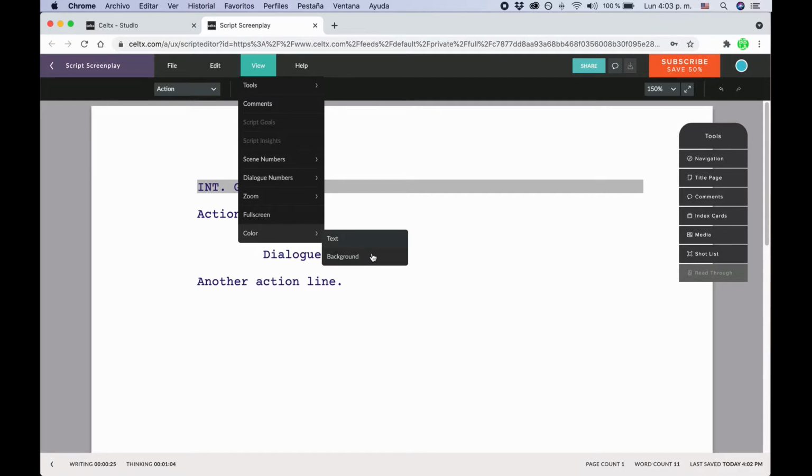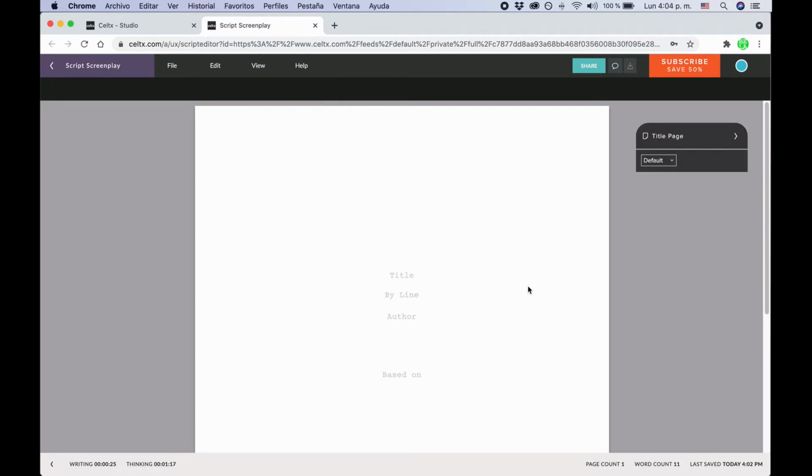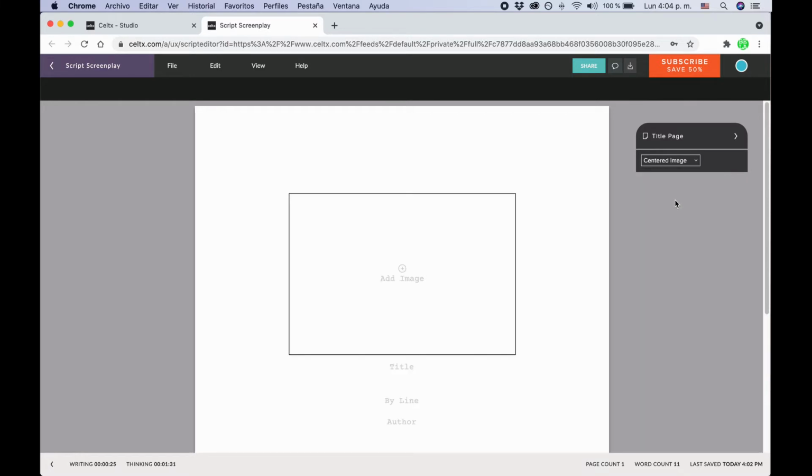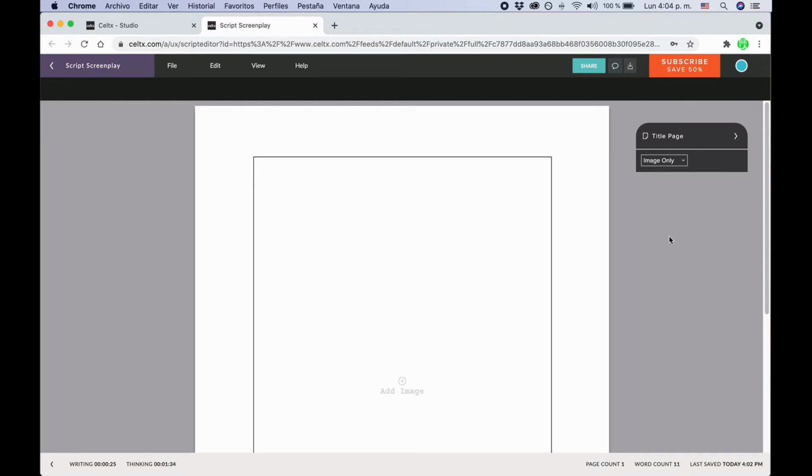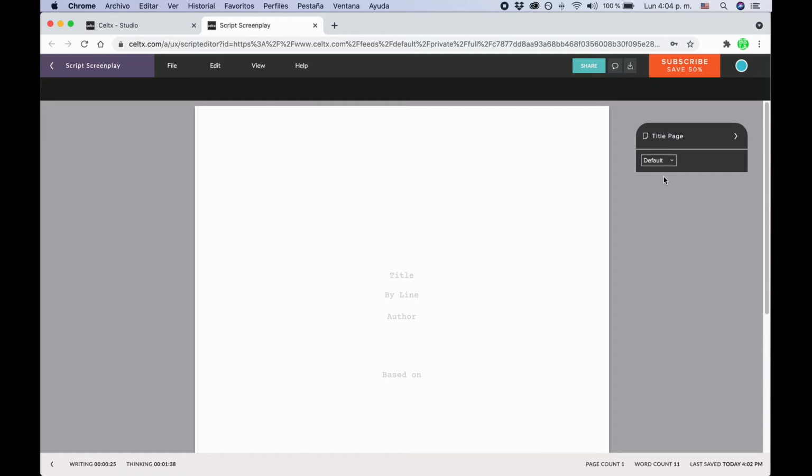You also have a title page if you go to Edit, Title Page, or click on Title Page in the Tools window on the right side. This title page is not fully customizable. What you get is 3 different templates that you can use. One with text only, one with image and text, and one with only one big image. While the text version of the title page might work for most screenplays, you might run into a problem in some cases. For example, when you're writing a TV show and you also need extra lines for your episode number